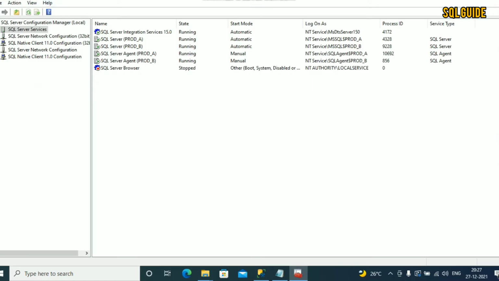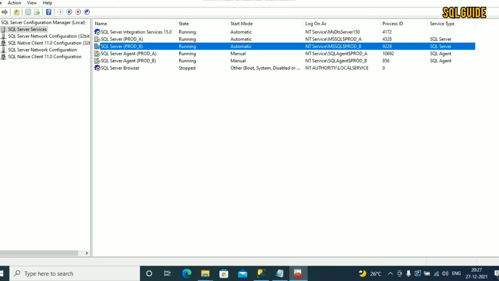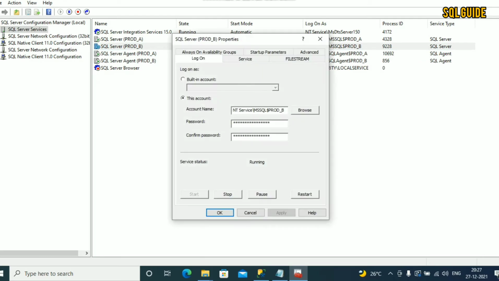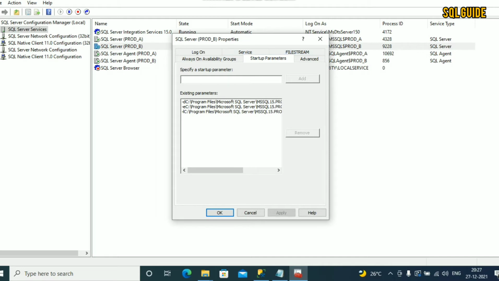From SQL Server Configuration Manager, SQL Server prod B, right click and go to Properties, go to Startup Parameters and click on -D. Here you need to update the new file location. So the new file location is D drive. From C I am going to move to D drive.